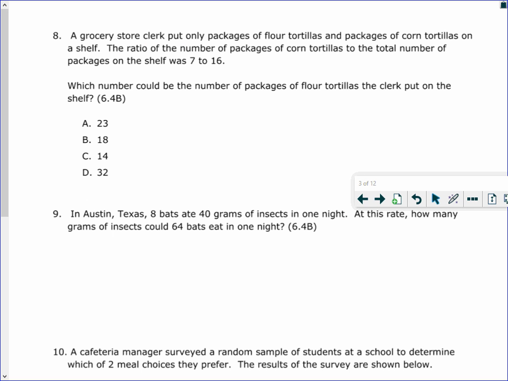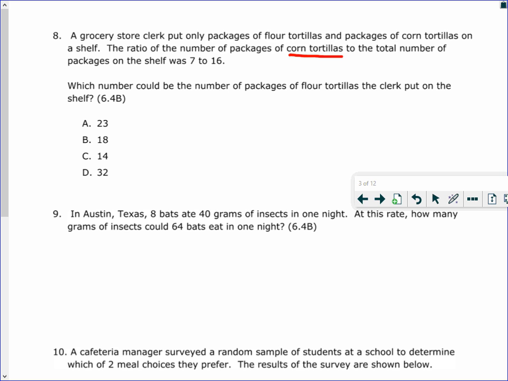All right, let's take a look at number 8. A grocery store clerk put only packages of flour tortillas and packages of corn tortillas on his shelf. The ratio of the number of packages of corn tortillas to the total number of packages on the shelf was 7 to 16. So corn tortillas